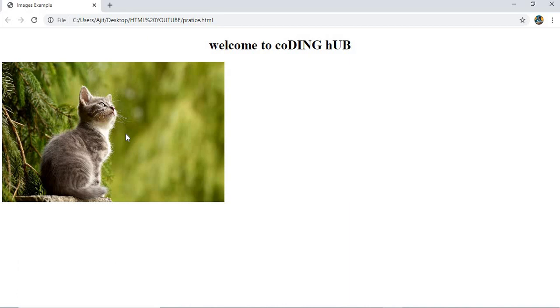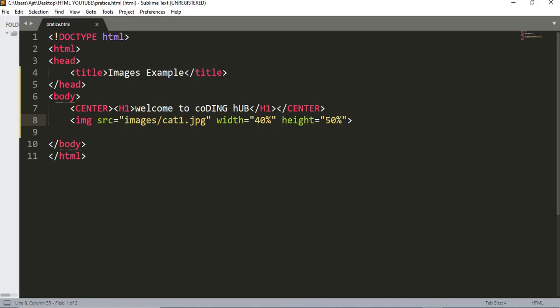One thing I want to do is that whenever I hover the mouse on the image, a certain name should display, because how is the user going to identify which image this is? That can be done very easily with the help of the property called title.